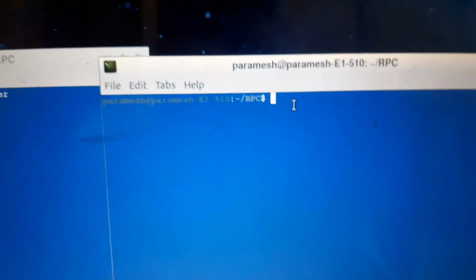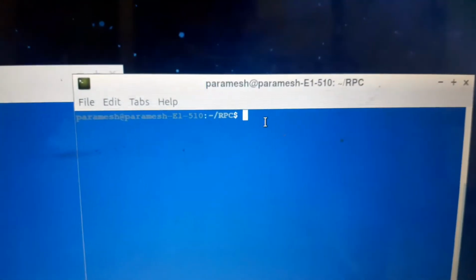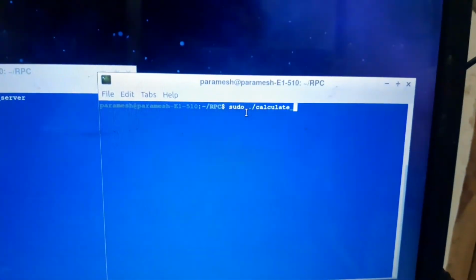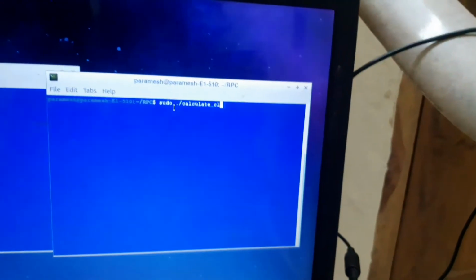Now we have to execute the client program using RPC. We have to enter sudo space dot slash calculate underscore client.